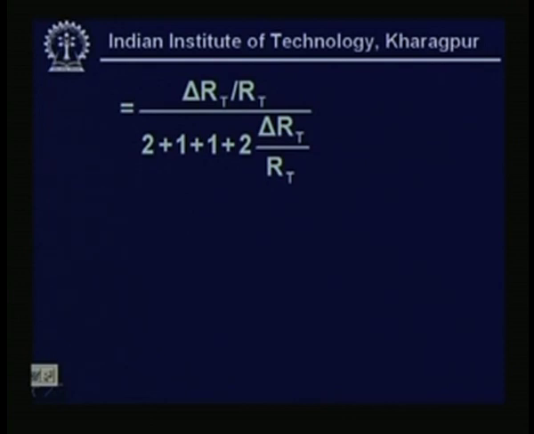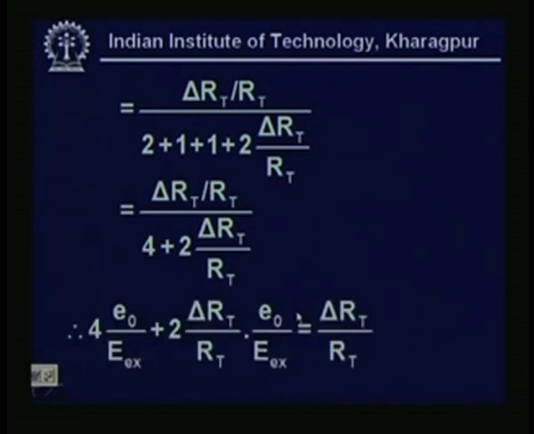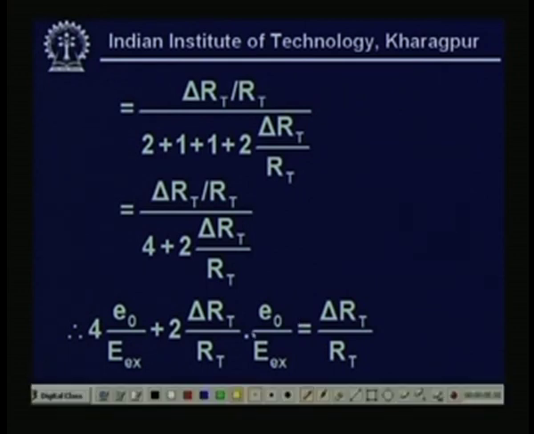we have assumed R2, RT, R2, R3, R4 are all the same. So, I will get an expression like this one. So, this will lead to delta RT by RT, 4 plus 2 multiplied by delta RT by RT, right. So, if I make a little algebraic manipulation, actually this will be a minus sign, a bigger minus sign should be there, 4 E naught by Ex, 2 delta RT by RT minus E naught by Ex equal to delta RT by RT,